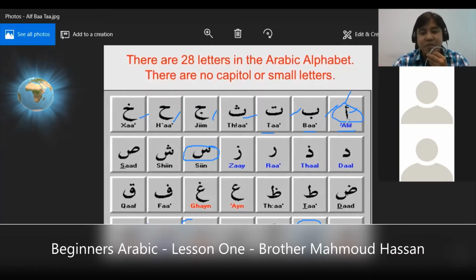Observe when we are uttering the letters, observe the correct pronunciation of each letter. I will say to you the Arabic alphabet, alif to ya. Okay, we begin. Alif, ba,